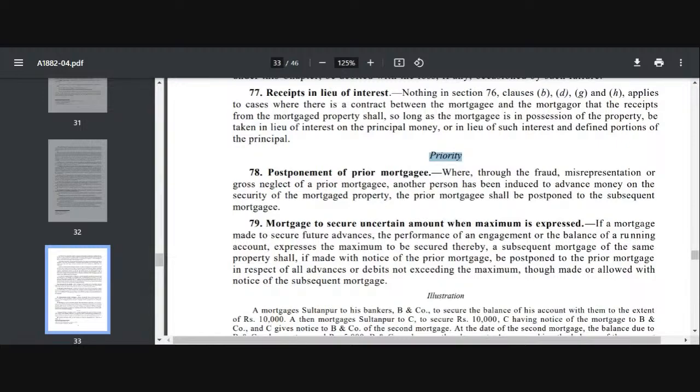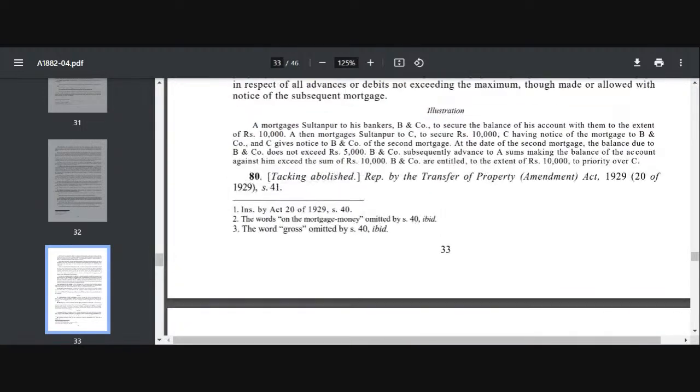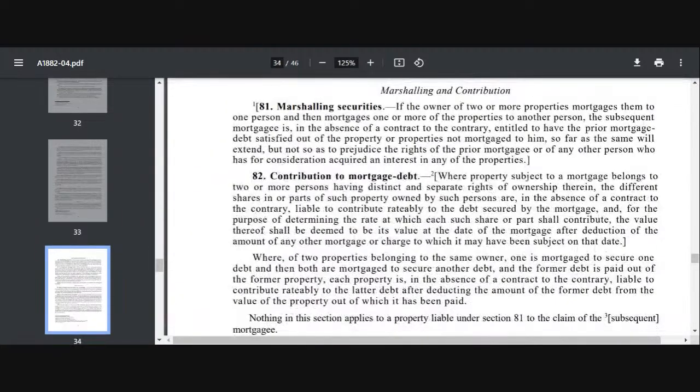Right. Come to 81. Section 81, which we just read about, is marshalling. Now in sale there is marshalling, and here also in mortgage, in section 81. Again it means arranging things. So here the subsequent mortgagee has a right that he can tell the previous mortgagees to settle their debt amount from the property not mortgaged to him first, and then come to his property if they don't get the amount satisfied.